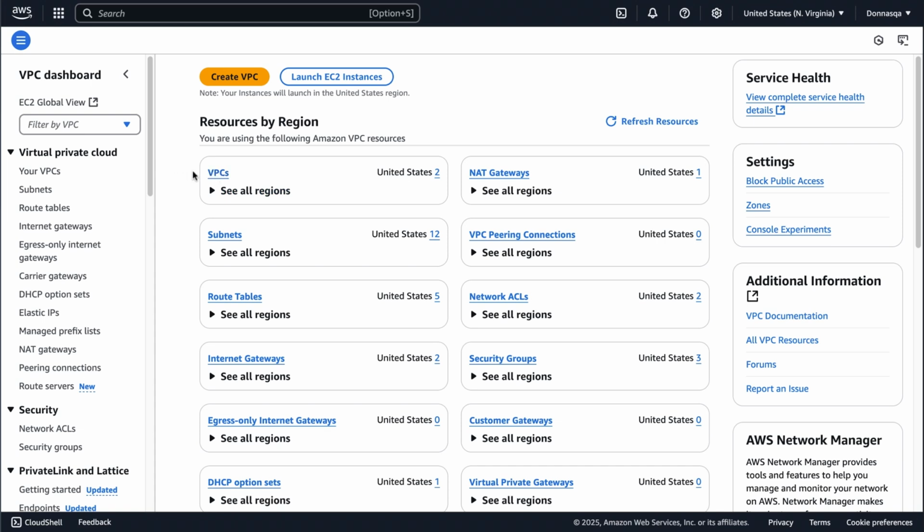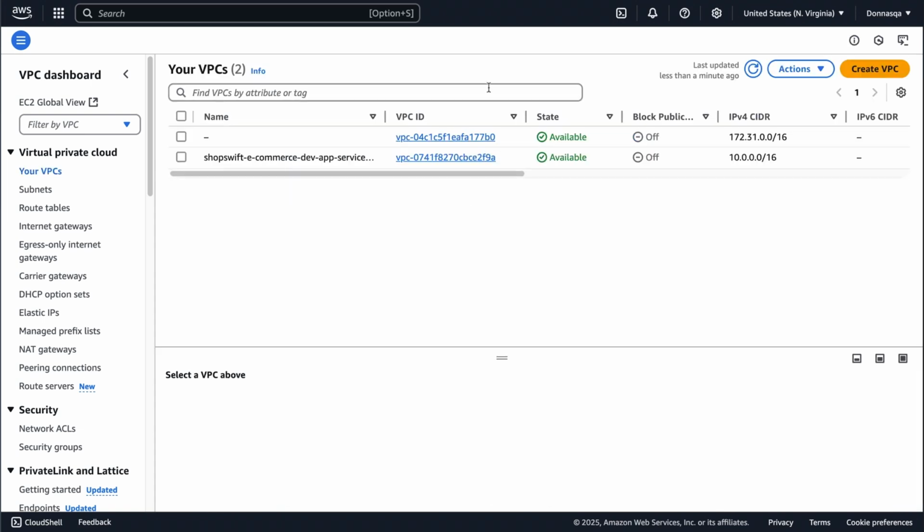So we're just going to confirm. As you can see here, we have a VPC instance for our app service. This is the name of the project, and then the app service that was provisioned,